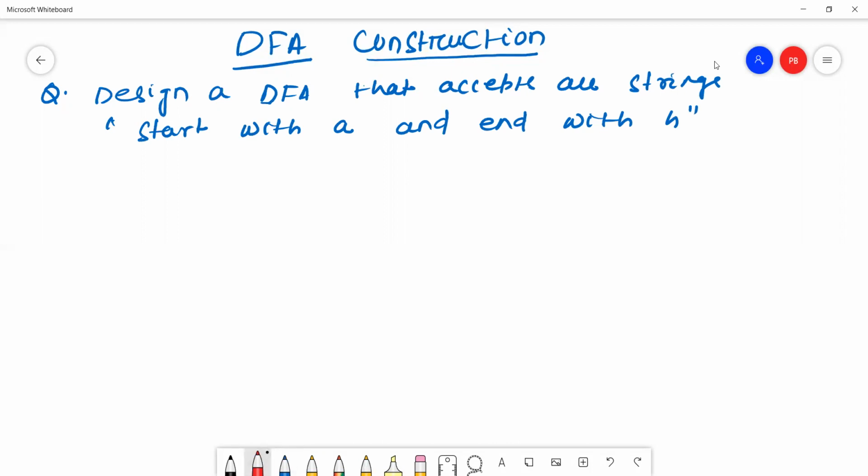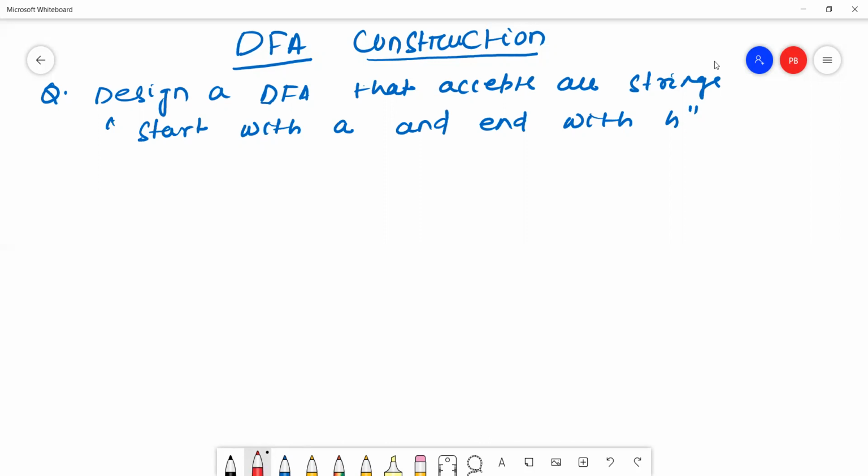See here, start with A and end with B. We have already discussed the construction of DFA for starting and ending in the previous class. If you have any doubt on how to construct the DFA for start and end, you can also follow my previous classes.